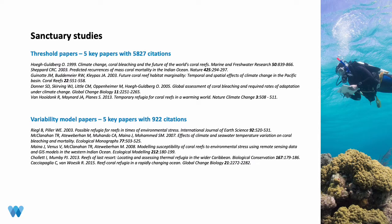Just to bring it down to a few key sanctuary papers. These are the ones that I consider the most influential, which, as I already mentioned, Ove's 1990 paper has gotten a great deal of citation. Shepard's paper for the Indian Ocean, less so, but specific to the Indian Ocean, whereas the Gwinnett paper then includes the coral triangle and a few variables. And then we globalize this threshold concept in the Donner paper in 2005, and then again with Van Hooydonk in 2013. The variability papers, the key paper there is,